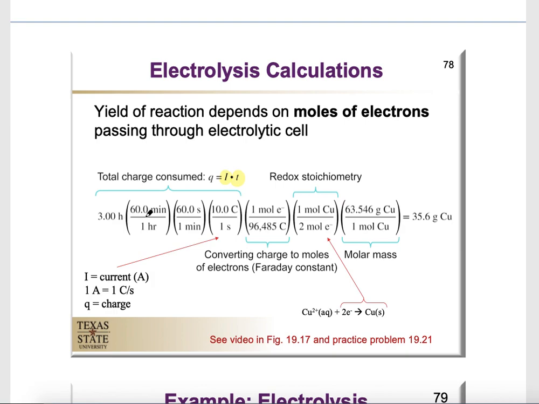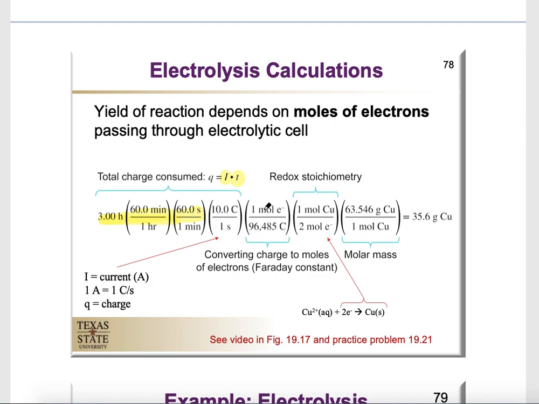So the first three calculations here are taking the hours and converting to seconds. And you can do that separately if you want to. There's no problem with that. So basically you take the hours and you convert it to minutes by multiplying by 60 minutes. And then you multiply the minutes by 60 to convert it into seconds. Then you multiply the seconds against your current, which is in coulombs per second, in order to get the coulombs. The coulombs is basically the total charge that you are applying to that